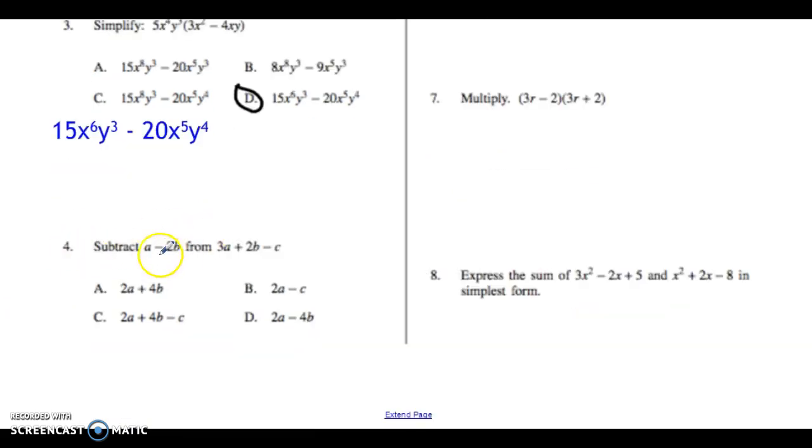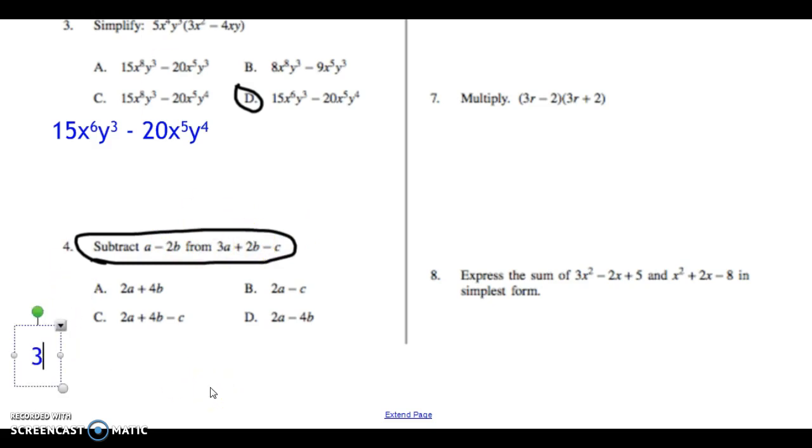For this next one, it talks about subtracted from. When we use subtracted from, that's something that we talked about in class a couple times. When I say subtract this from this, I have to switch the order. So the way I'm going to write this out is first 3a plus 2b minus c. We're going to take that whole thing and we're going to subtract from it the other polynomial, which is